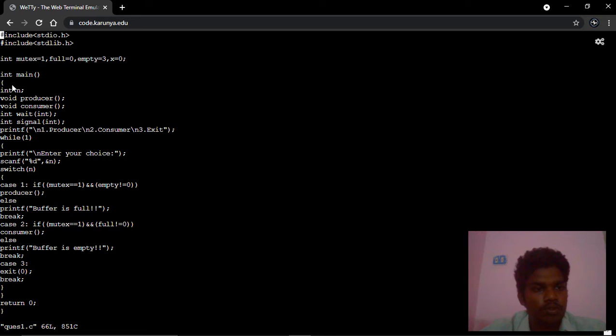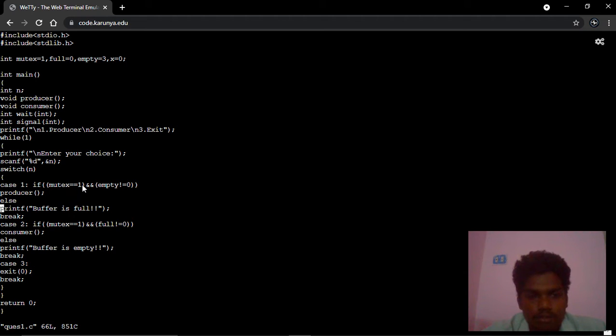So this is the code. Here we have the options producer, consumer, and exit. If I click producer, the mutex starting value is 1.